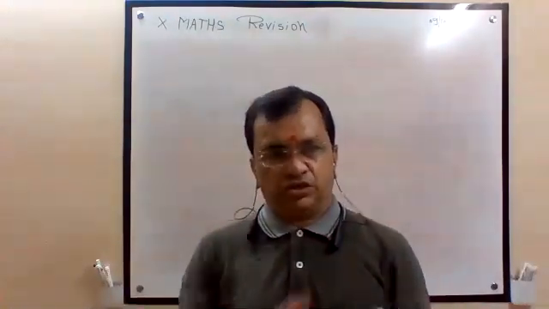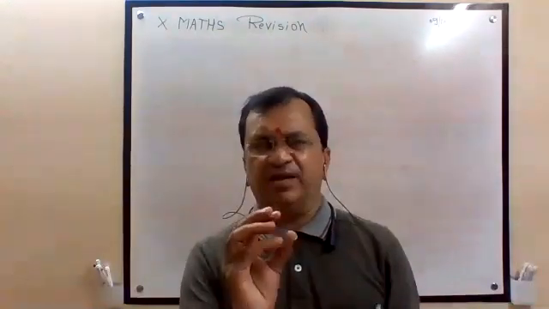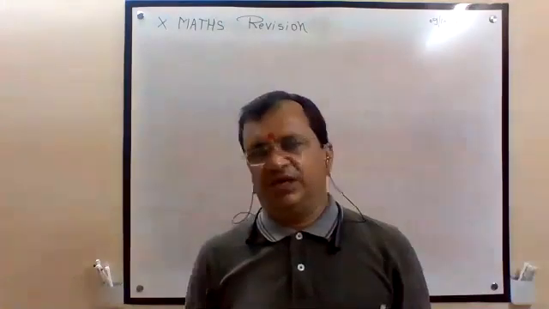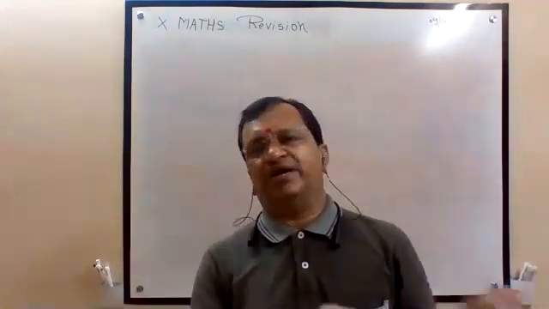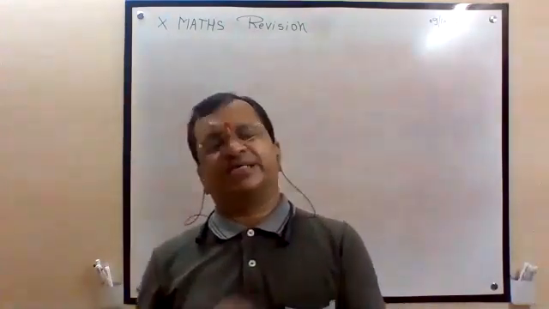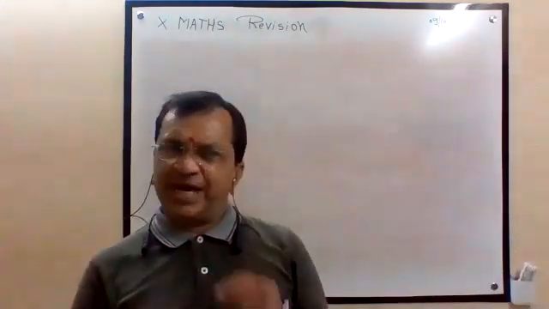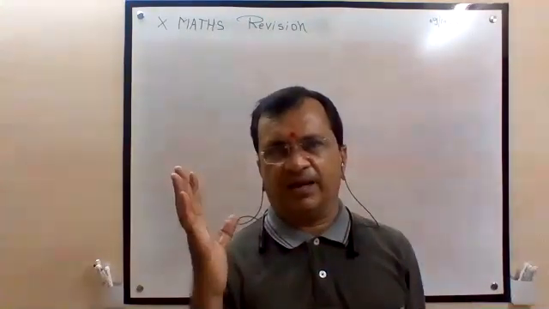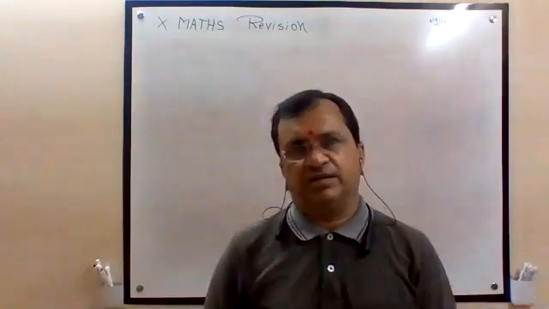So there is no new thing to find. From these 150 MCQs only, I will make the paper, only changing the numbers. For example, if x is equal to 7, find out y. So I will write if x is equal to 5, if x is equal to 3, find out y. So there will be a little bit of change, but if the concept is clear, you can solve.